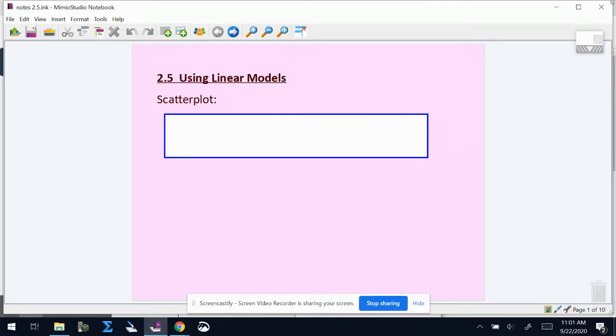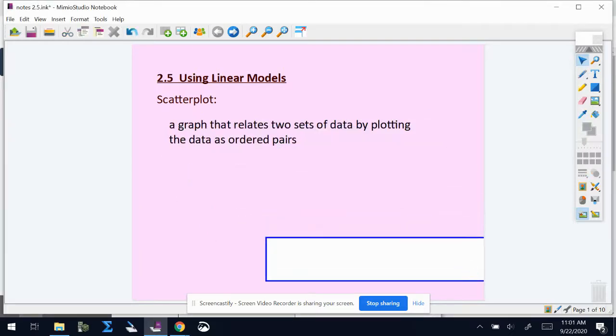So when we talk about looking at data, you're going to hopefully be familiar with the term scatter plot. A scatter plot is any graph that relates two sets of data by plotting them as ordered pairs. We do not connect the dots with this. So an example of a scatter plot,